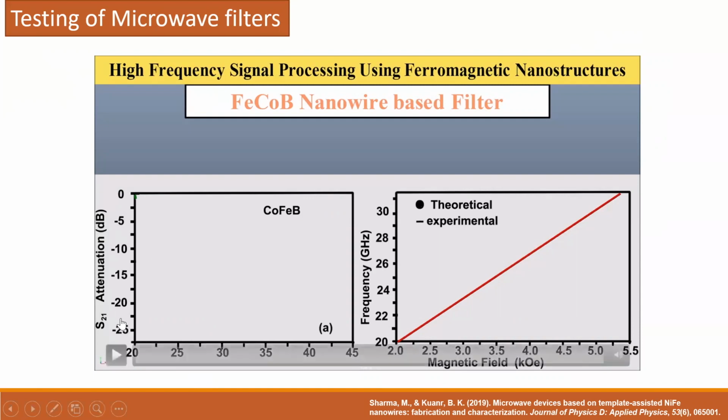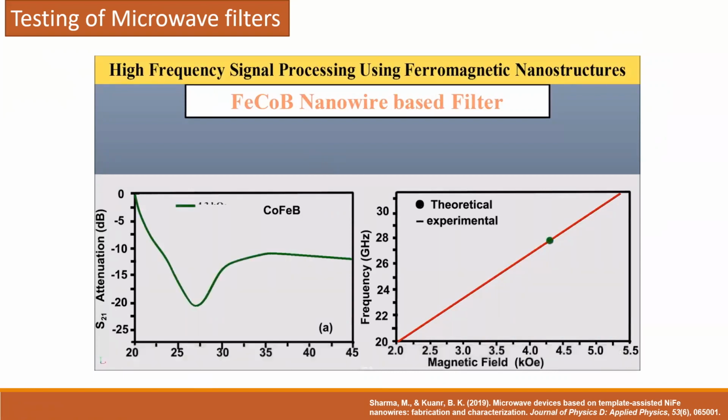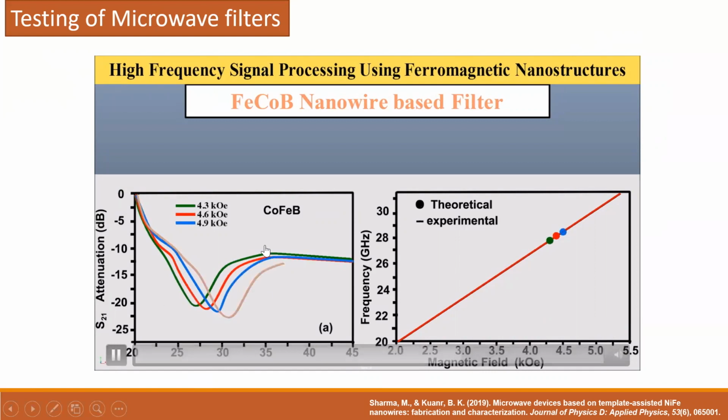You can see here, when I take the measurements for different magnetic fields, we can have a tuning of the operational frequency. So graph 1 shows the FMR spectra of the cobalt, iron, boron nanowires band stop filter,